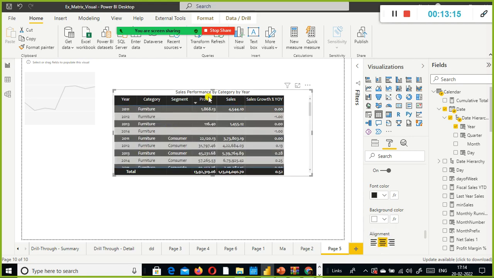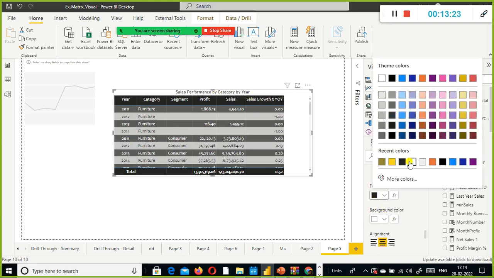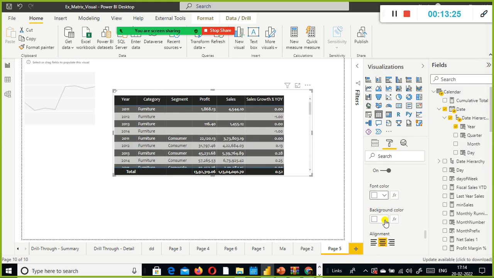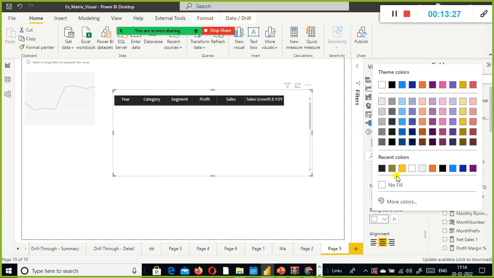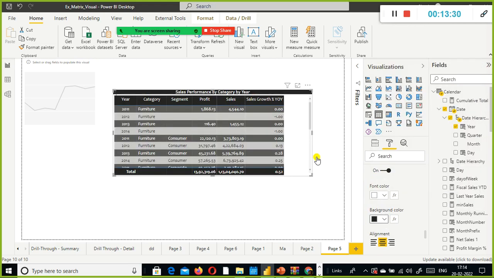So now it got centered. And also you can specify the background color. So background color for this, and what I do is, font color I'll make it white, and the background color I make it black.